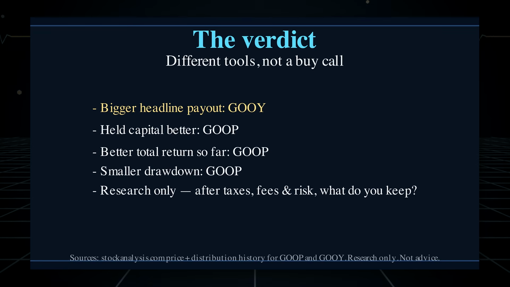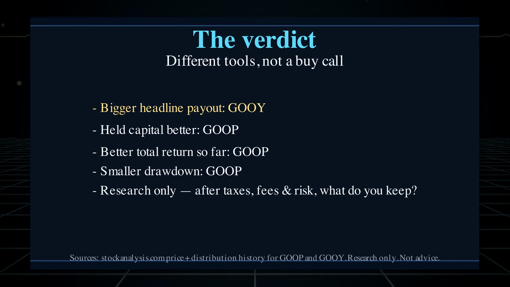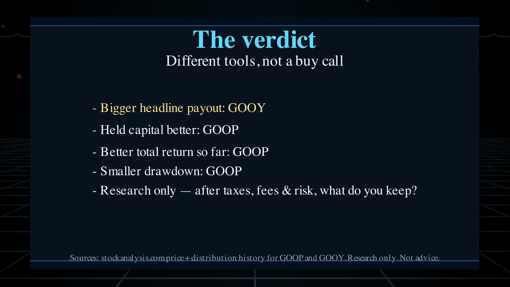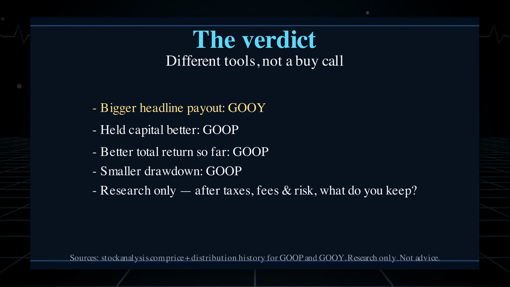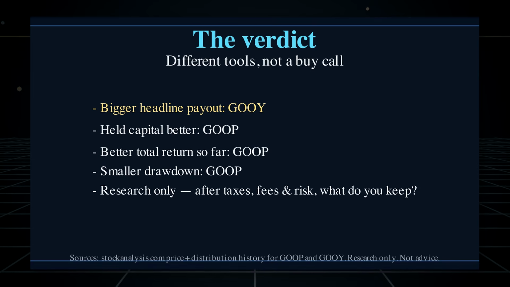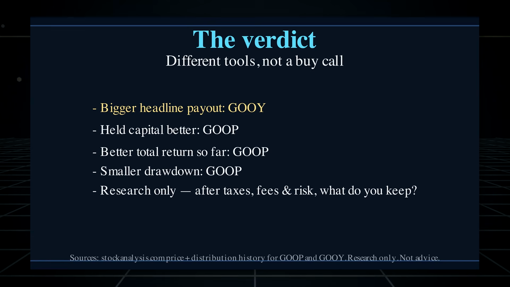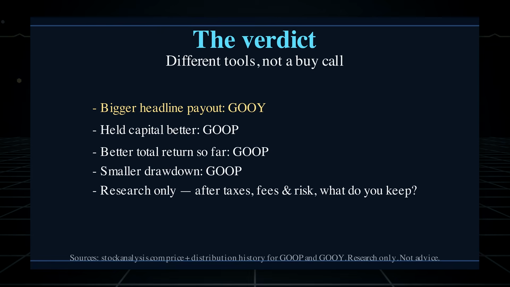GOOY's assigned verdict is on life support. The label is blunt, but it does not erase the positive 41% simple distribution-inclusive return. Cash distributions did create enough value to leave the supplied all-in record above zero. The emergency is inside the remaining structure. Price and NAV alone are negative 40%, while the latest 4 distributions average only 23% of the first 4 average. The fund's headline yield is high, but the capital base and recent check both moved in the wrong direction. Positive total value keeps the patient alive. Deteriorating NAV and payout quality keep the alarms sounding.